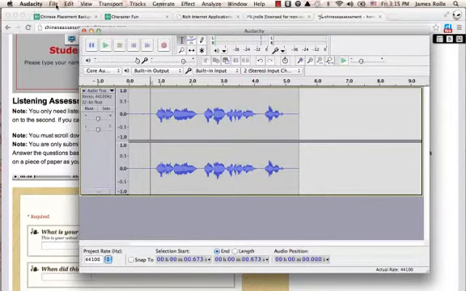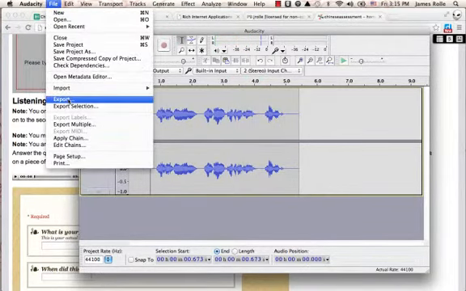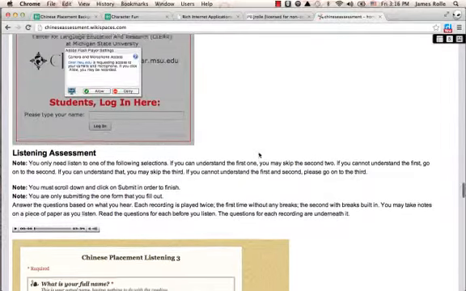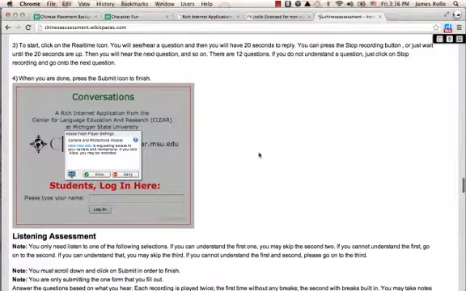And then it's very simple to export it and create an MP3 file, and then come back here and embed the MP3 file into the wiki. The last piece that I've embedded here, and in some senses the most important for this assessment test, is this speaking element. You have to click allow to let the